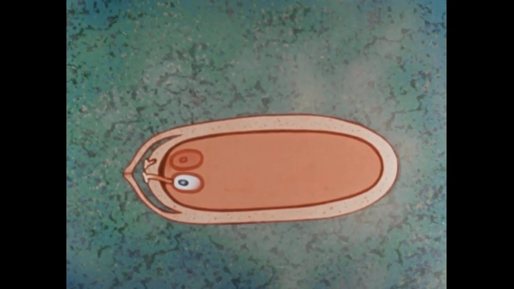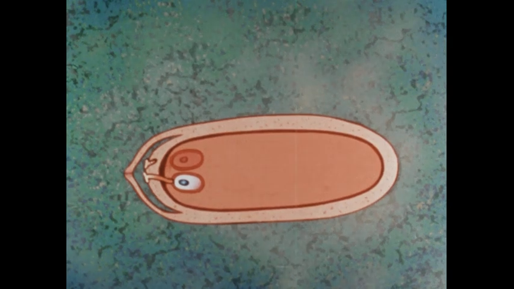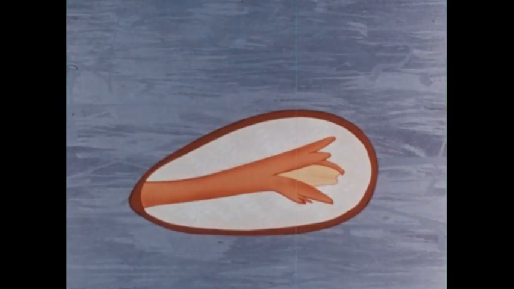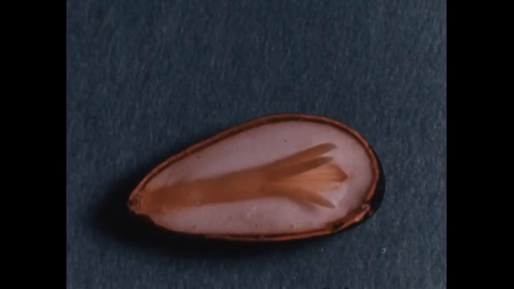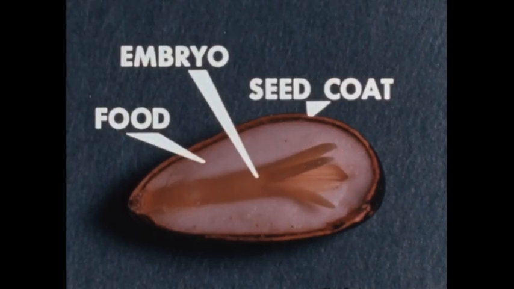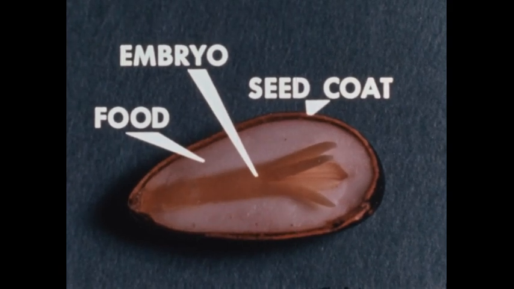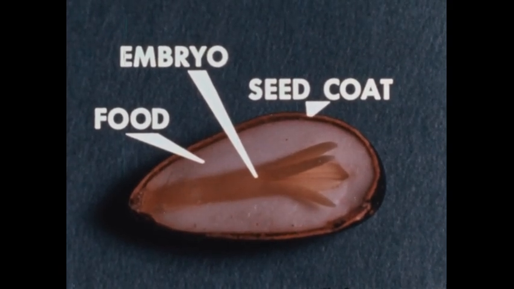By cell division, the zygote grows into a new organism, and the resulting structure is the pine embryo. These embryos reach full growth during the second spring after pollination, and the seed matures. In this sectioned pine seed, you can see the seed coat, the embryo with its several cotyledons, or seed leaves, and the stored food surrounding the embryo.